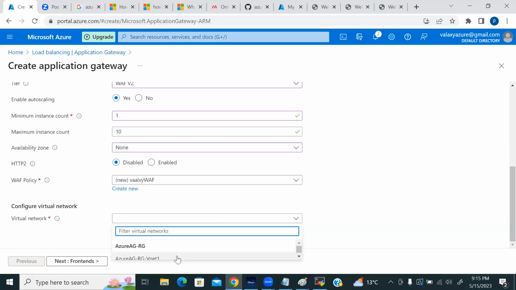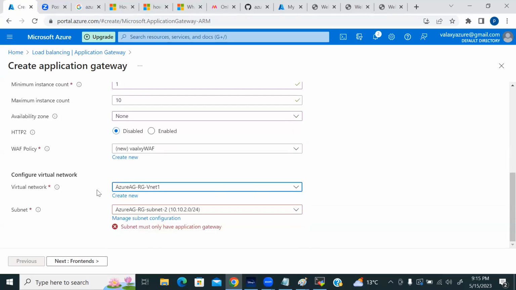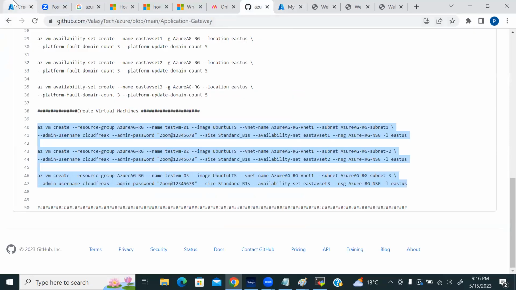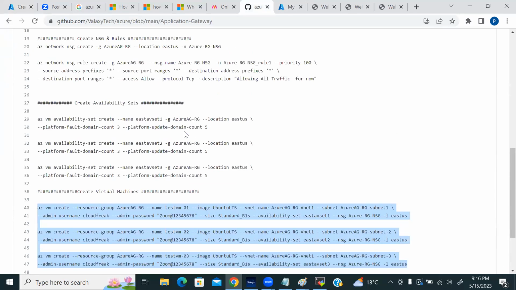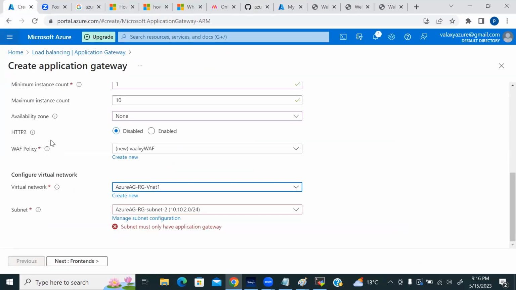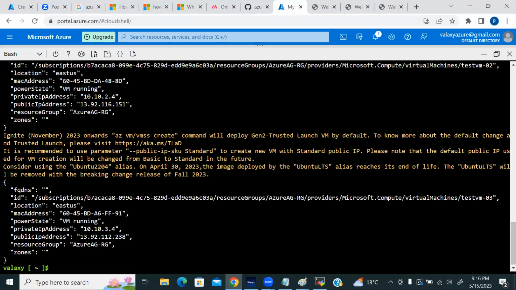So now if I select this VNet, the VNet which we created for our VMs, what it is telling is the subnet must only have application gateway. This VNet has three subnets, and in these three subnets we created one VM in each. Now it is asking, whatever subnet you want to allocate for this application gateway, it should not contain any VMs, it should be empty. It should be used dedicatedly for the application gateway. So for that, what I need to do,